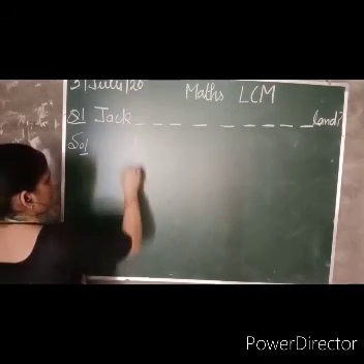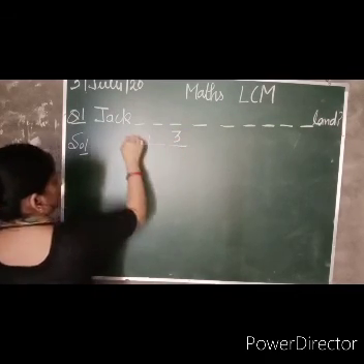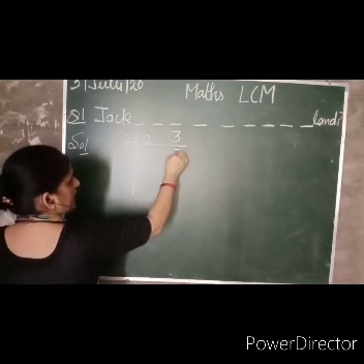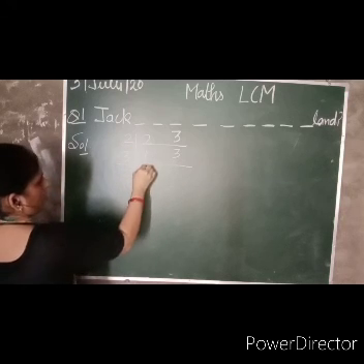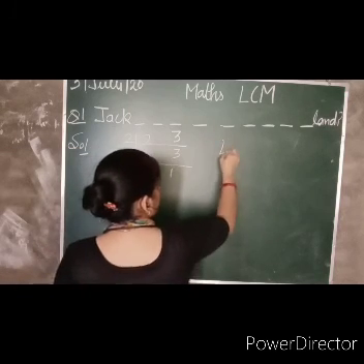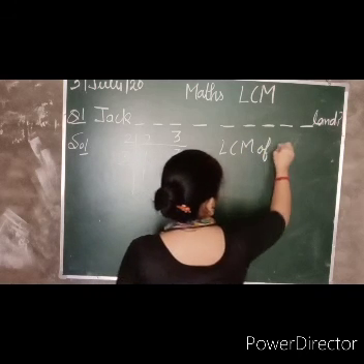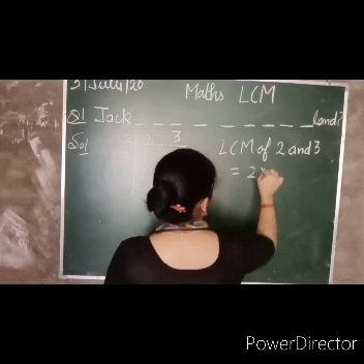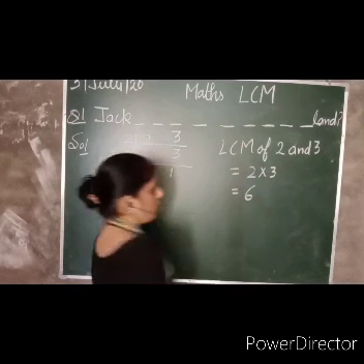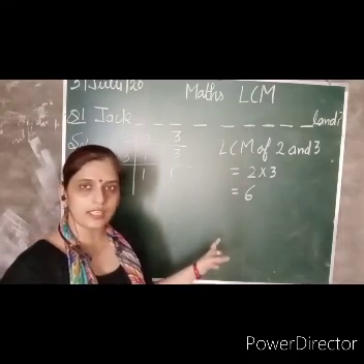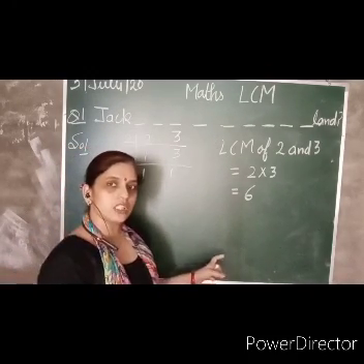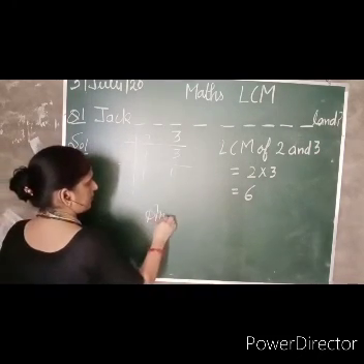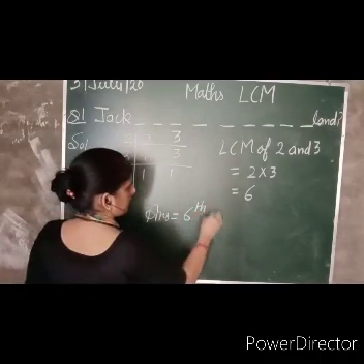It's a very easy question. 2 and 3. 2 ones are 2, sorry. 3 is not going to be divided, so write it as it is. Now 3 ones are 3. So LCM of 2 and 3 is equal to 2 multiplied by 3 is equal to 6. You can see the LCM comes out to be 6. It means it is the 6th tile on which Jack and Jill both land together. So we can say that the answer is the 6th tile.